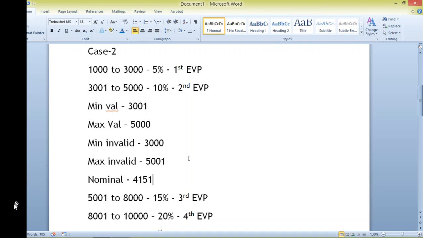So you have to choose your minimum boundary, your maximum boundary, then choose one value lesser than your minimum value, and one value which is more than your maximum value, and one nominal value somewhere in between the minimum and the maximum boundaries. So choosing the values around the boundaries is called boundary value analysis. By choosing that, you are making sure your data is correct and the correct expected result is given.